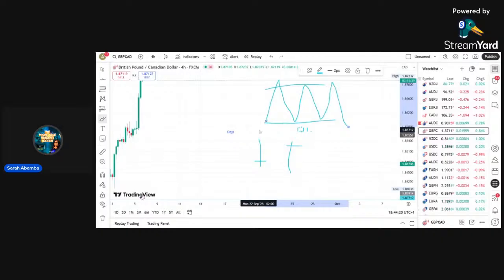So if it is at a support, you place a buy order. When it gets to your resistance, you exit your buy, then you place a sell order. I've been doing this. I will show you some of my charts. So at a support, you place a buy. It gets to your resistance, you exit this buy order and you place a sell order at the resistance. Then for the triangle pattern,